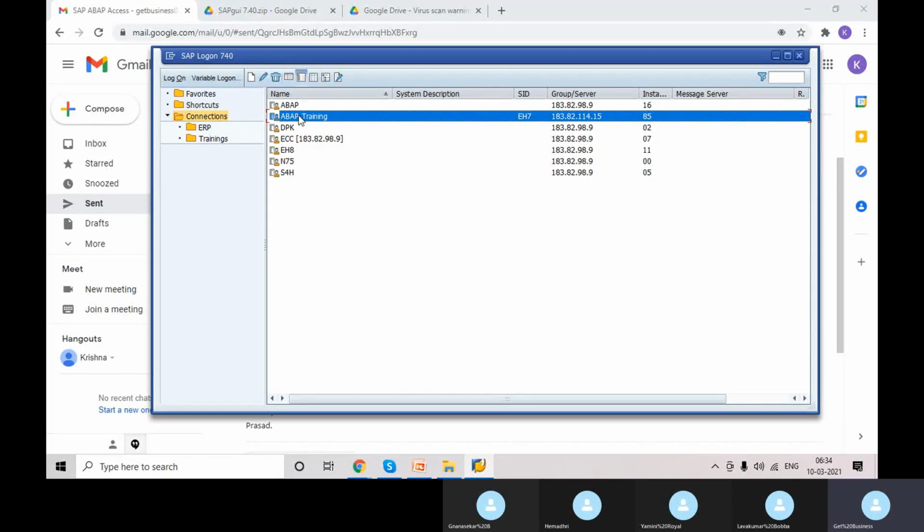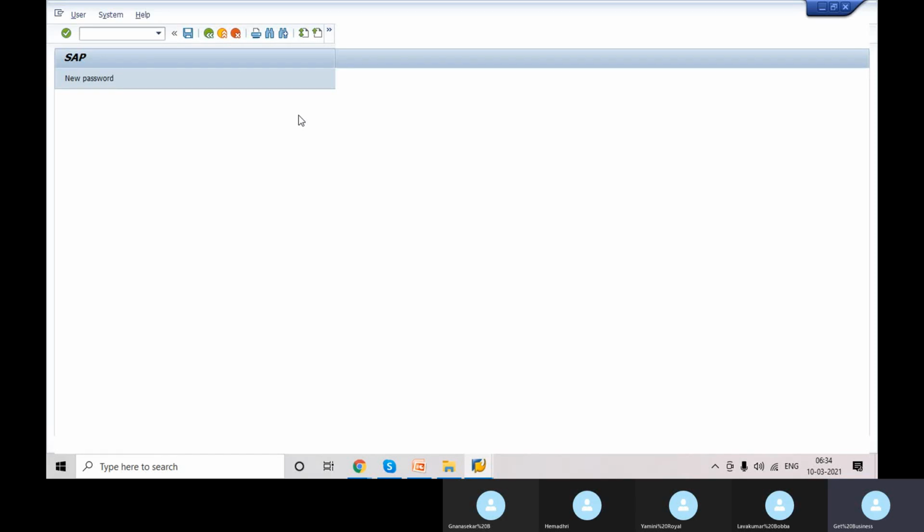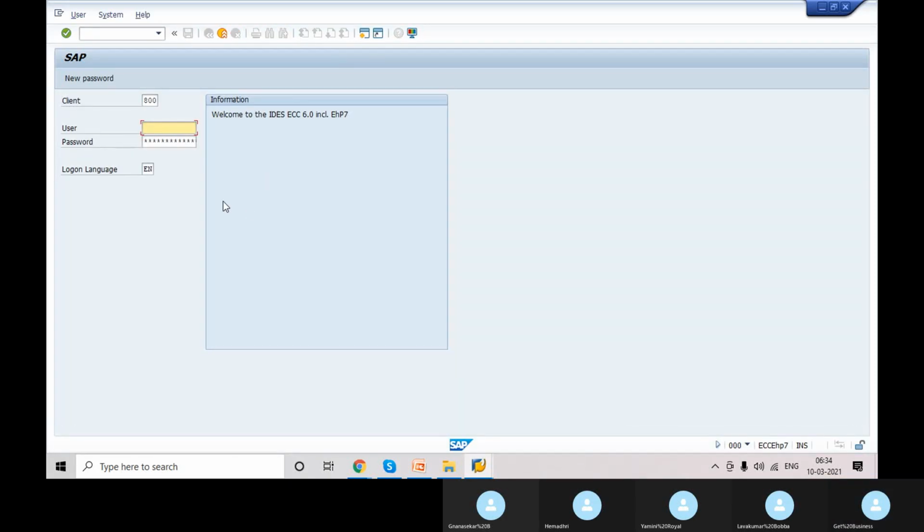To log into the system, an internet connection is mandatory. So it will open this logon pad. Provide the credentials, 85 back, and mention the password. User ID and password are okay, but there are two other inputs, right? There is an input for client and the logon language, which language we need to log in with. As we discussed in the last demo session, there are 43 languages. We can log in with any other language also, but by default it will be English.